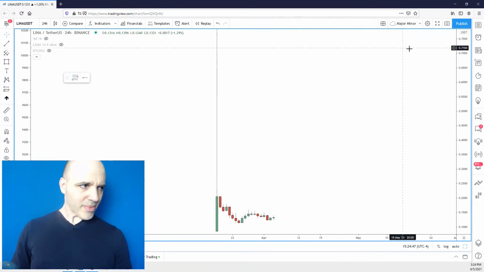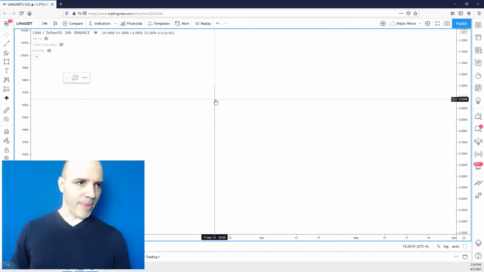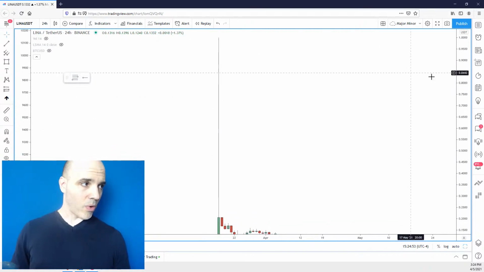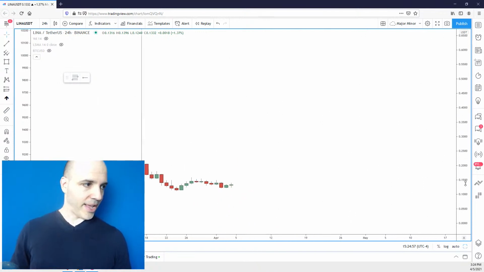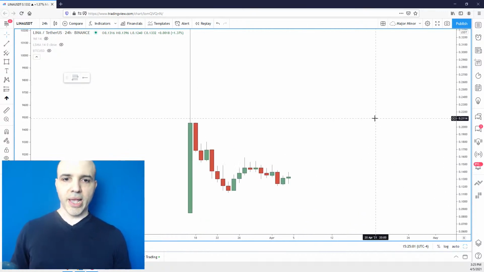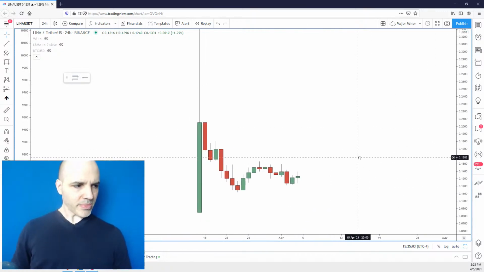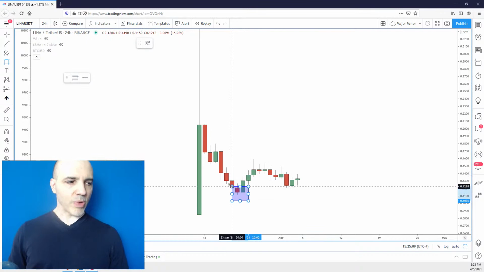For one, I don't know what this long tail is here, if that's a bad tick up at a dollar or if that's real, so I'm going to ignore that. Second of all, let's zoom in here and look at this price action a bit. When you see a situation like this, we don't have much price history. So all I can go by is we have a higher low right there at, what is that, basically just over 11 cents, around there.